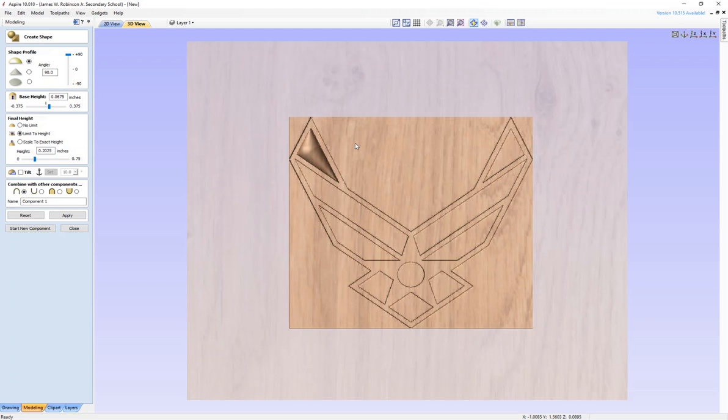And base height set to 0.06, and we're not going to change that. Limit to height of the bulge is going to be 0.2. Just to make it clear, 0.2 is just fine. And we're using combine with the other components, and we're going to use apply. So now we're going to start a new component